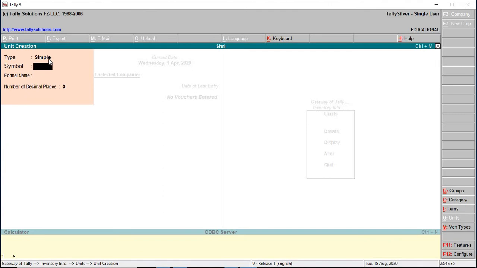Select the type as simple, symbol, press enter. Specify the formal name.